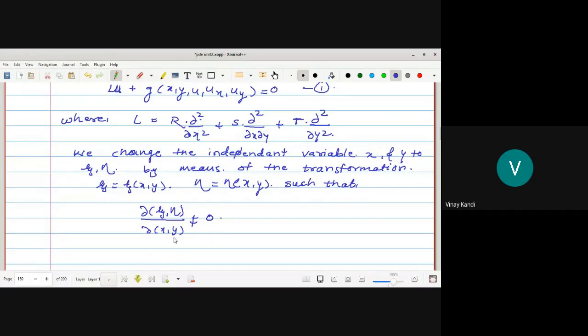What is the meaning of this? It means that